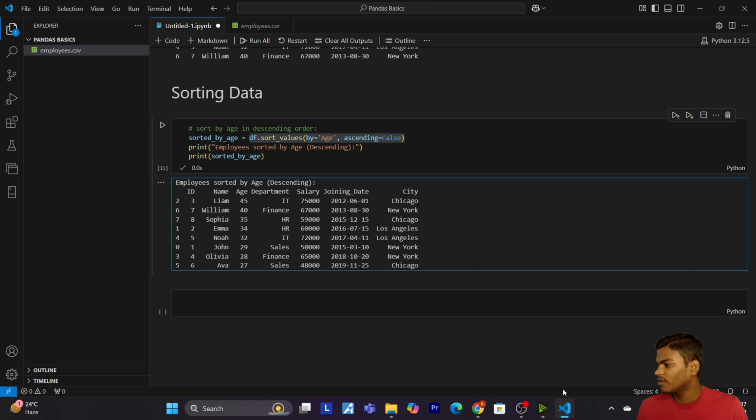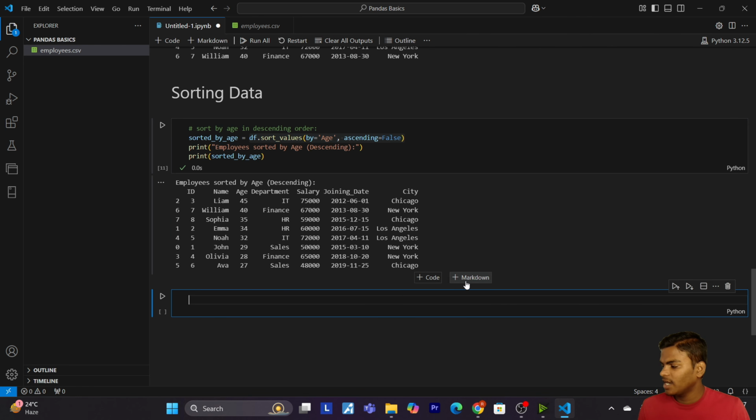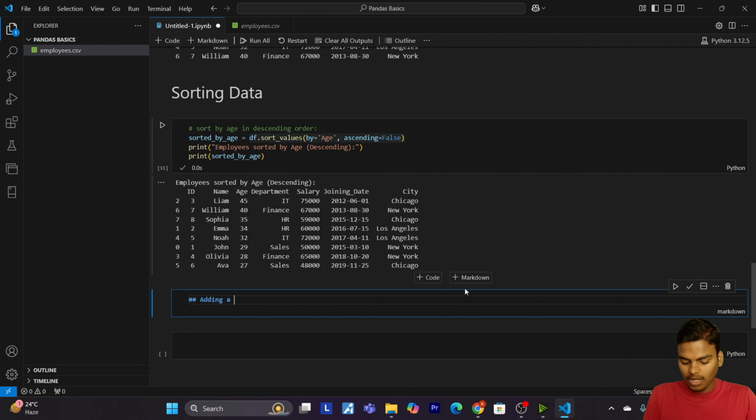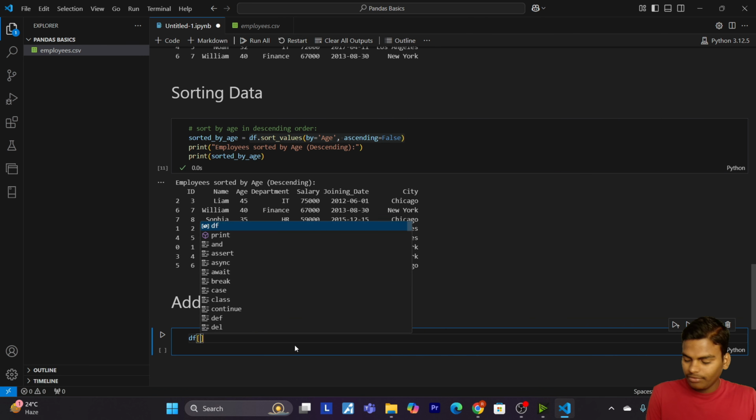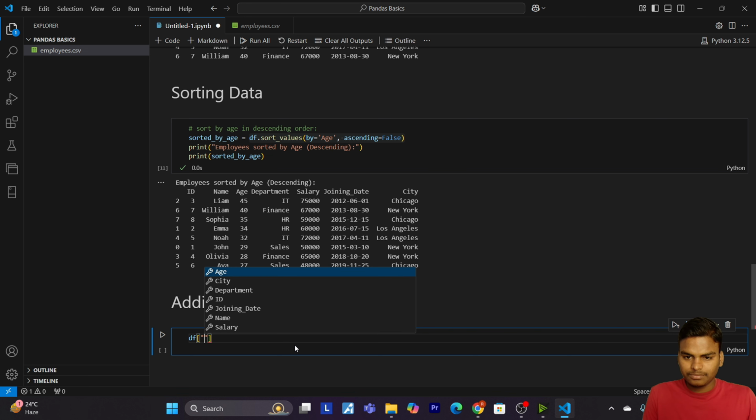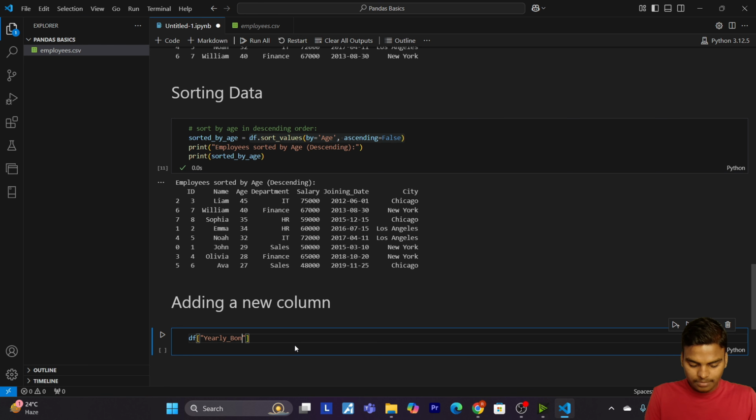So let's come to our VS Code, and here I will write adding a new column. For this, let's create df, then I will pass yearly bonus.